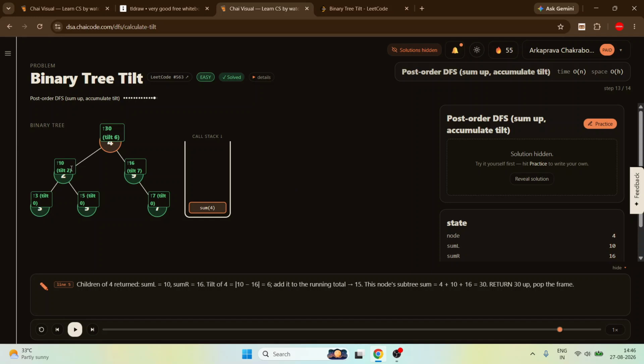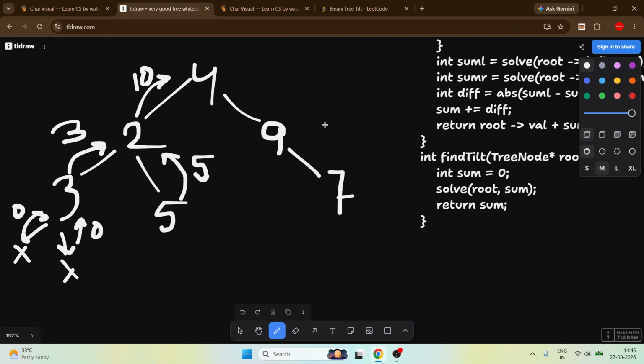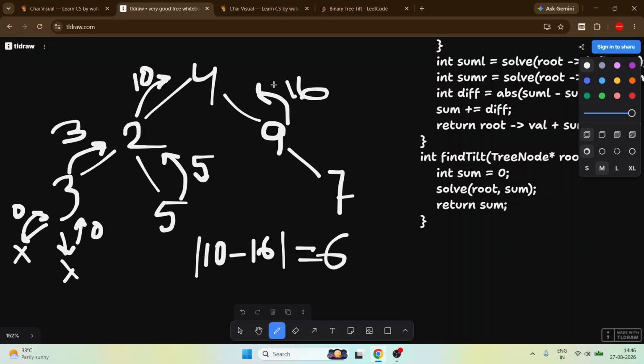Why 6? Because this part gives us 10 and this part gives us 16. So 10 minus 16, the absolute value, is 6. Simple as that.